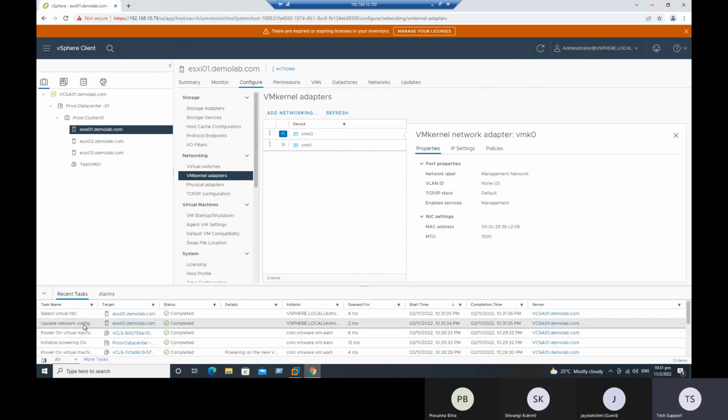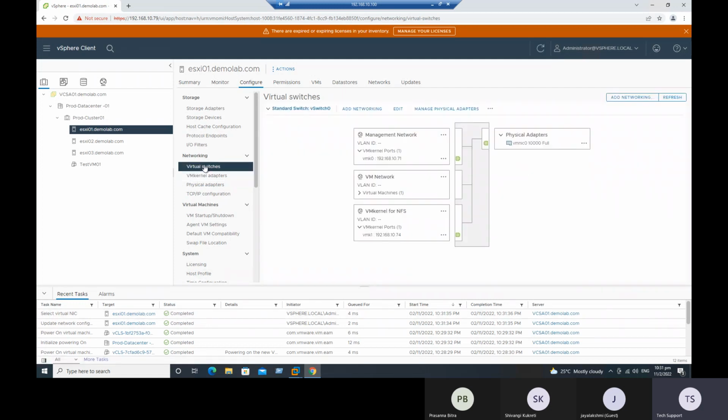So in the recent tasks, you can see the vMkernel port group is added. If you want to see the port group status, go to the virtual switch. See, we have a management network, VM network, and another vMkernel port group for NFS traffic. Okay, we created an additional network. The 71 we can use for host management, and 74 we can use in the backend for the NFS network